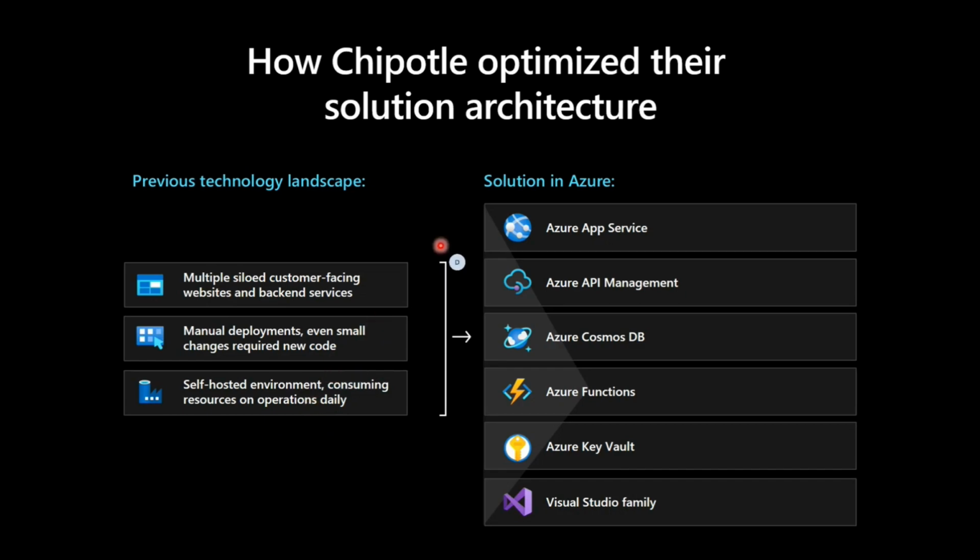After they have modernized their applications to Azure, they are using all these services where they run individually. They are highly available. They are also pay as you go. So they are using, for example, Azure App Services for the front end, and they use Azure API Management for their API gateway and manage all the APIs. And Cosmos DB is the unstructured database that they use. Actually, that saves them a lot of latency in the database